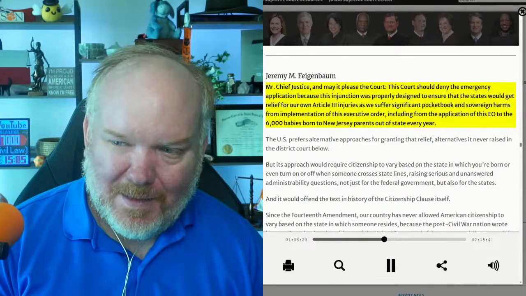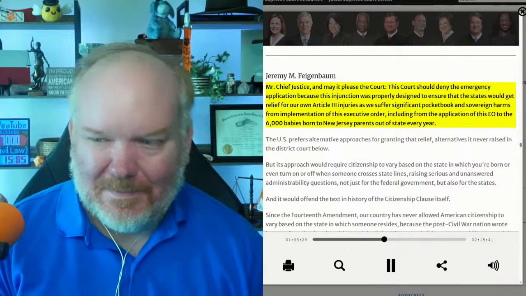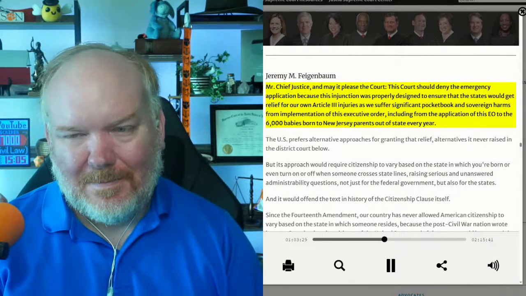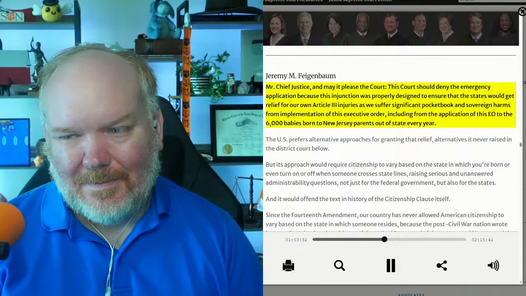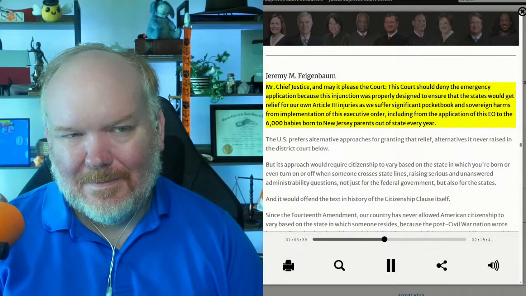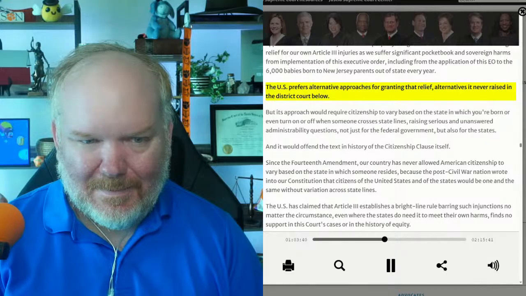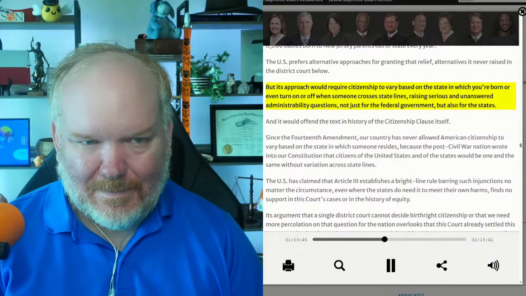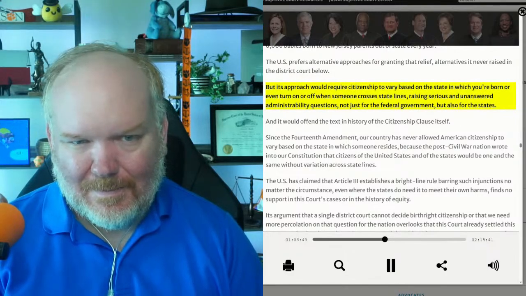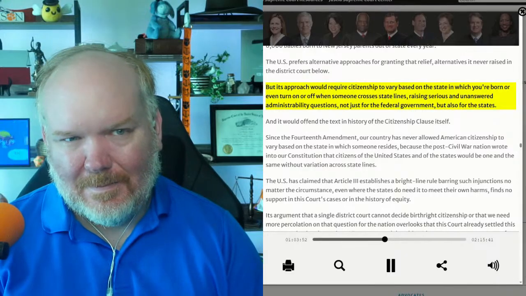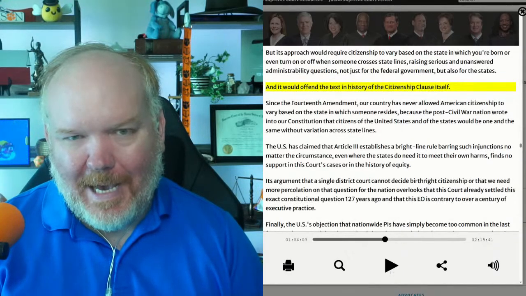Designed to ensure that the states would get relief for our own Article III injuries, as we suffer significant pocketbook and sovereign harms from implementation of this executive order, including from the application of this EO to the 6,000 babies born to New Jersey parents out of state every year. The U.S. prefers alternative approaches for granting that relief, alternatives it never raised in the district court below. But its approach would require citizenship to vary based on the state in which you're born, or even turn on or off when someone crosses state lines, raising serious and unanswered administrability questions, not just for the federal government, but also for the states. And it would offend the text and history of